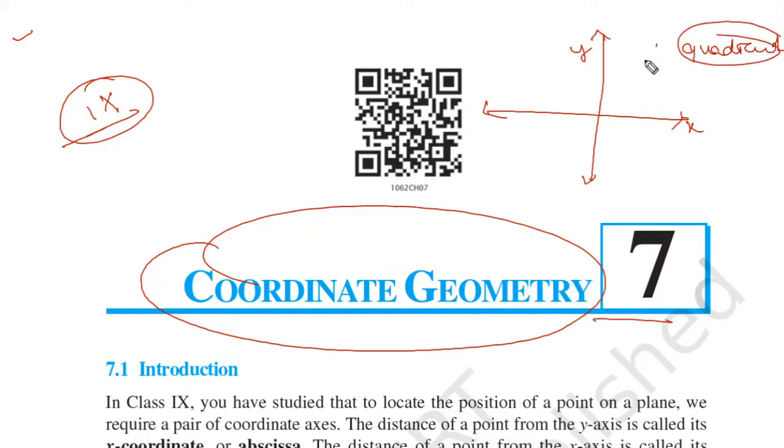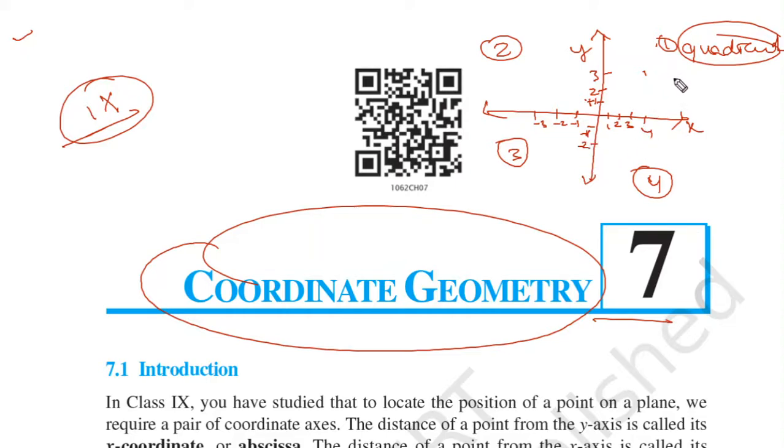What are quadrants? This is the first quadrant. This area is the second quadrant. This is the third quadrant, and this one is the fourth quadrant. And also, you knew how to plot points on a graph. You allot some numbers, some units, like 1, 2, 3, 4 on the x-axis. Towards the left there is -1, -2, -3, and on the y-axis upwards there is +1, 2, 3, downwards there is -1, -2, like this.